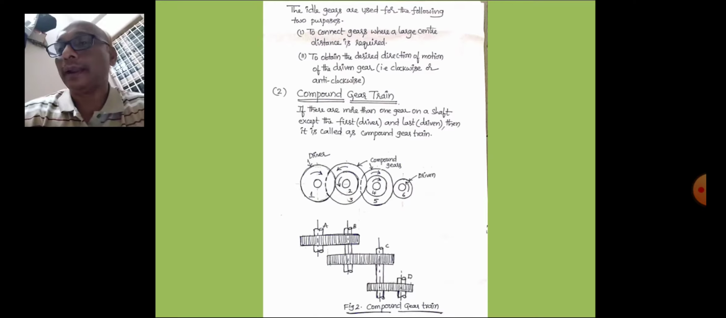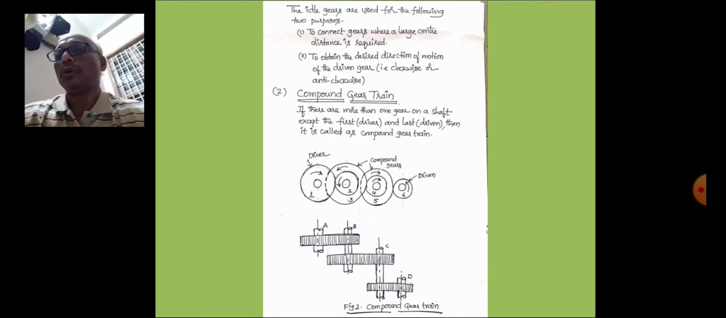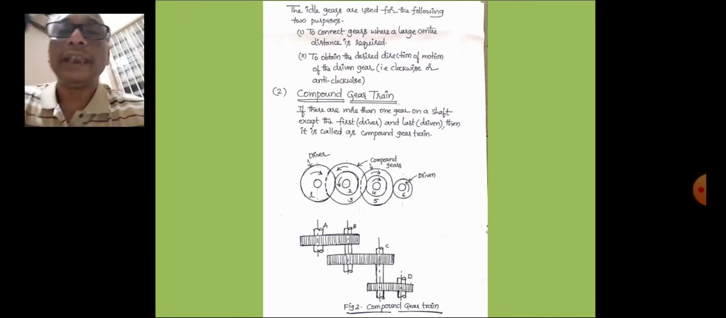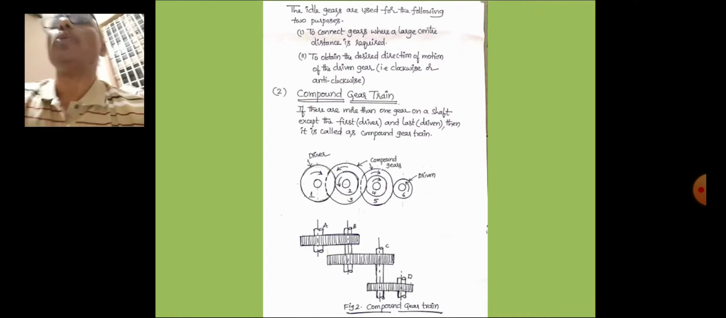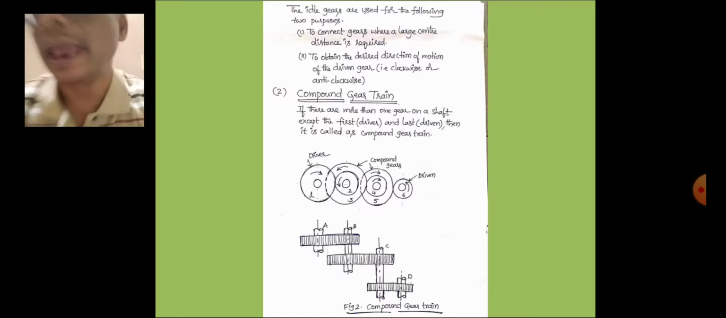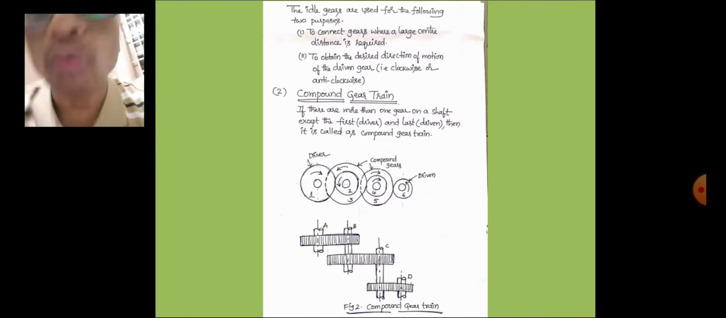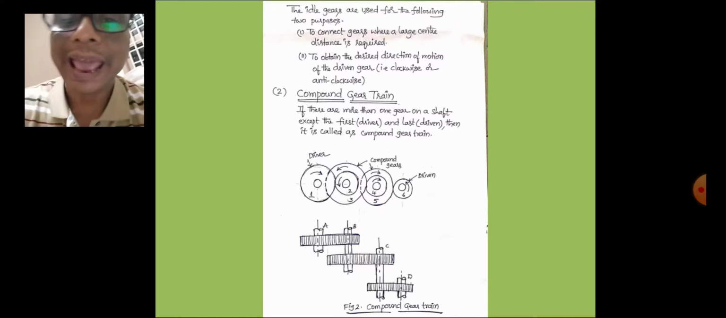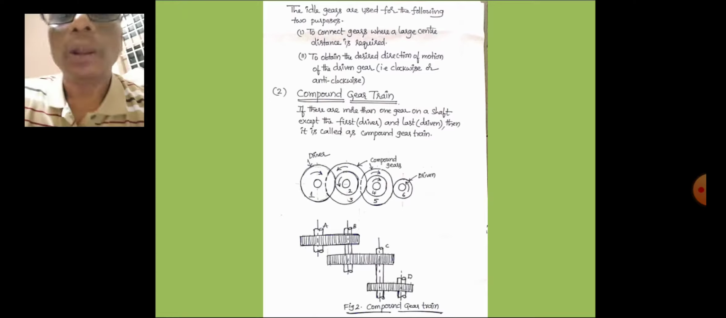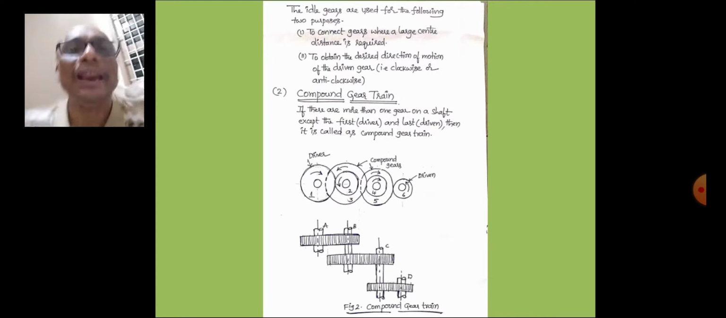Now we will go on to the second type of gear train, that is the compound gear train. So the second type of gear train is a compound gear train. If there is more than one gear on a shaft except the first, that is the driver, and the last, that is the driven, then it is called a compound gear train. Because I said very clearly that